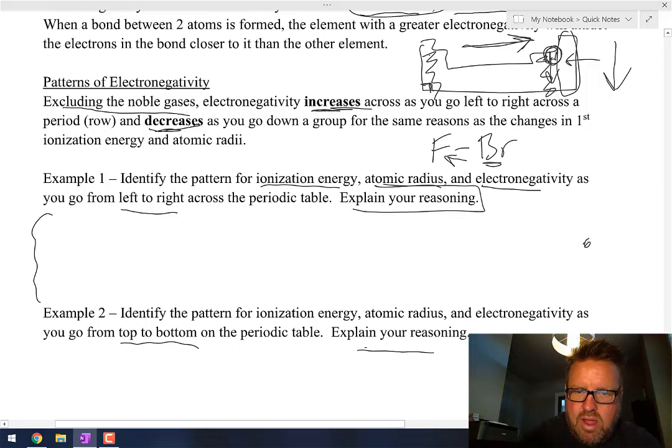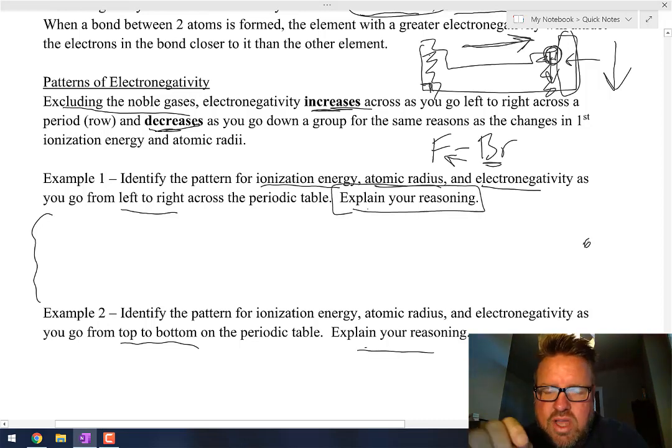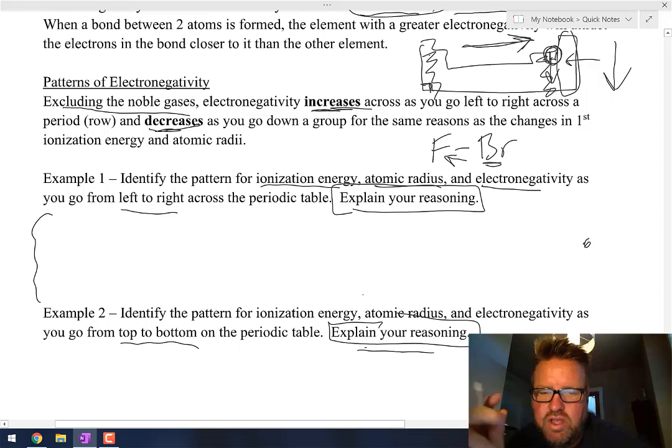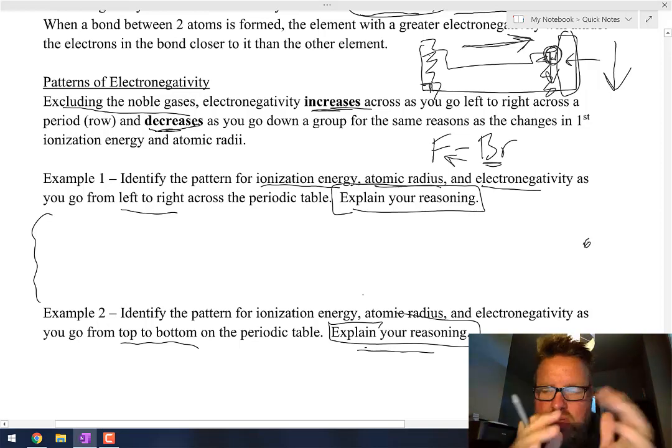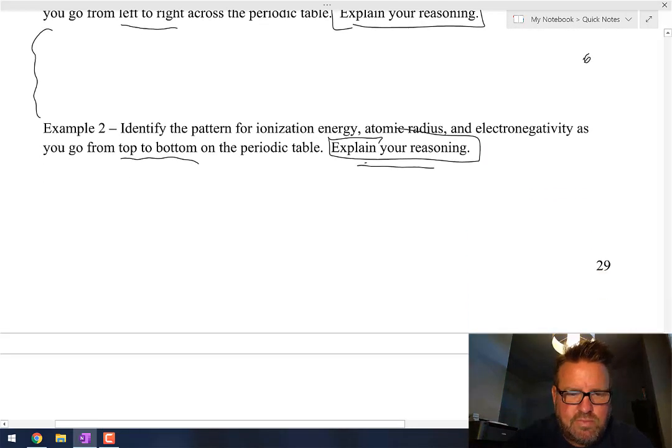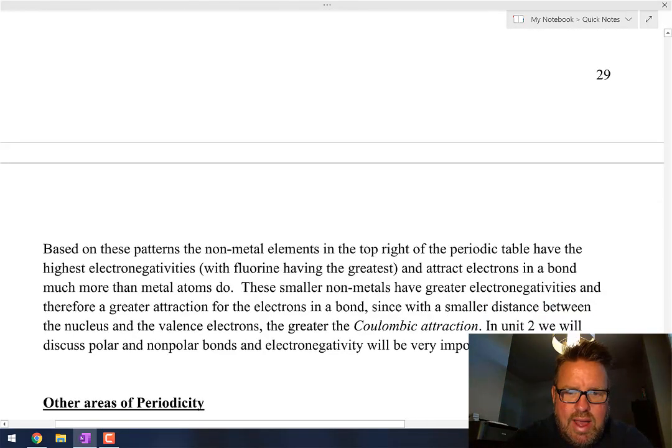Up here, you better talk about valence electrons occupying the same shell, yet more protons. And down here, you better talk about more electron shells, more distance between the nucleus and those valence electrons. Okay,